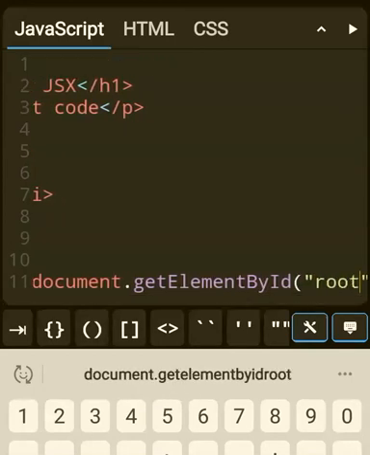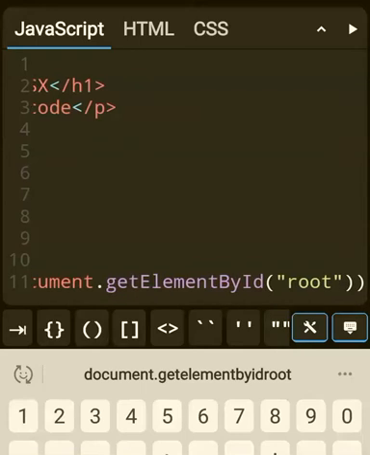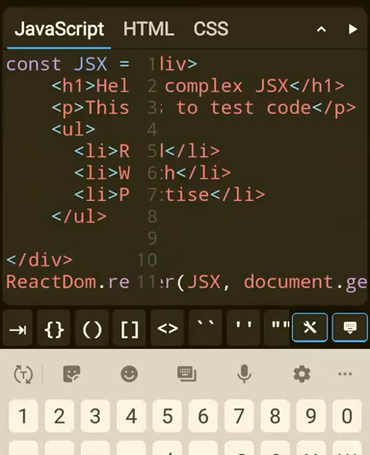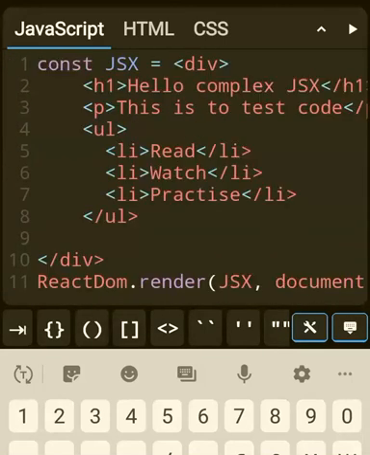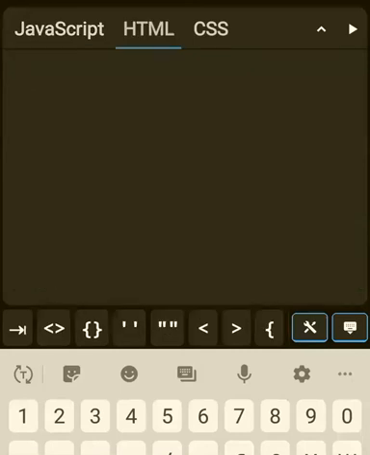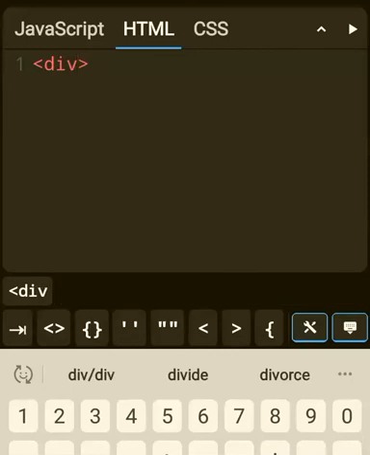So always remember to do document.getElementById root. And then you need to create the root div inside your HTML, like I mentioned last time. So ReactDOM.render first will be JSX. Why? Because you're preparing const JSX, right? So the first argument in the parenthesis will be JSX, and the second argument will be